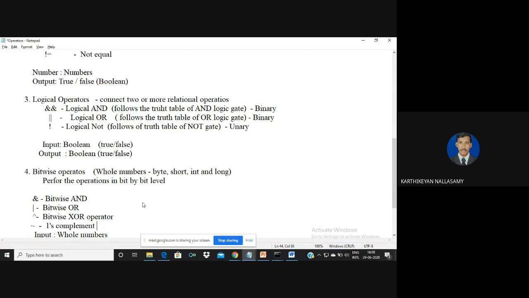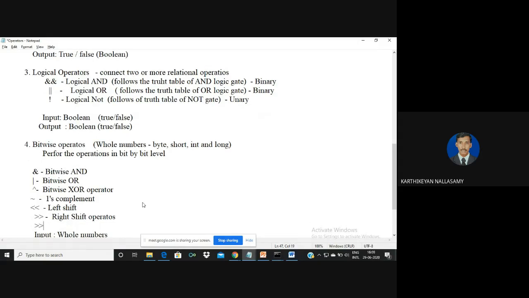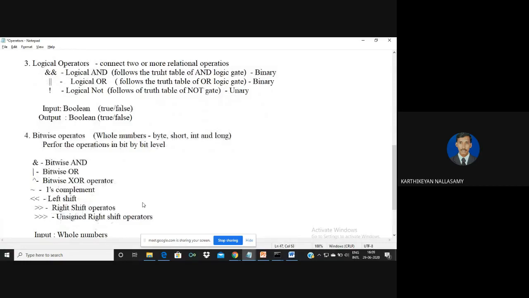Ones complement. Then we also have left shift and right shift operators. Also, in Java there is one more, called the unsigned right shift operator. This is the extra operator supported by Java compared to C++. Okay, in bitwise AND, we perform the AND operation between operands bit by